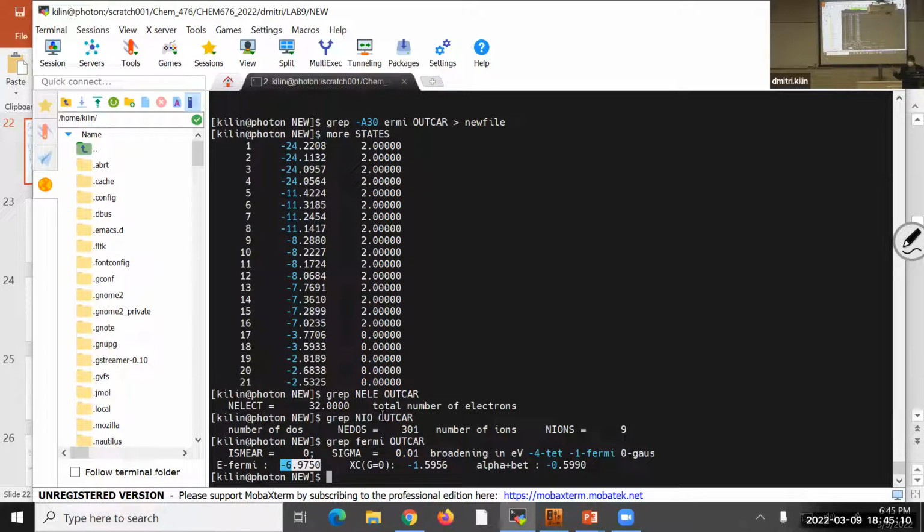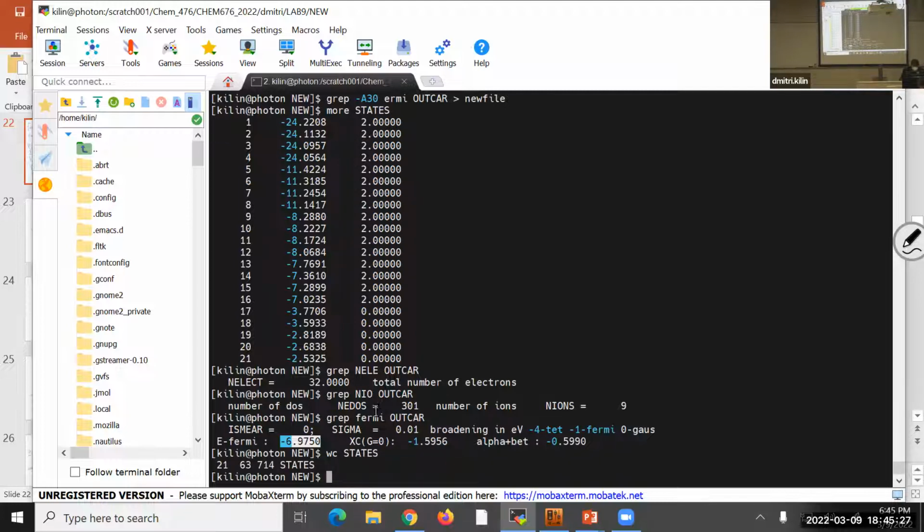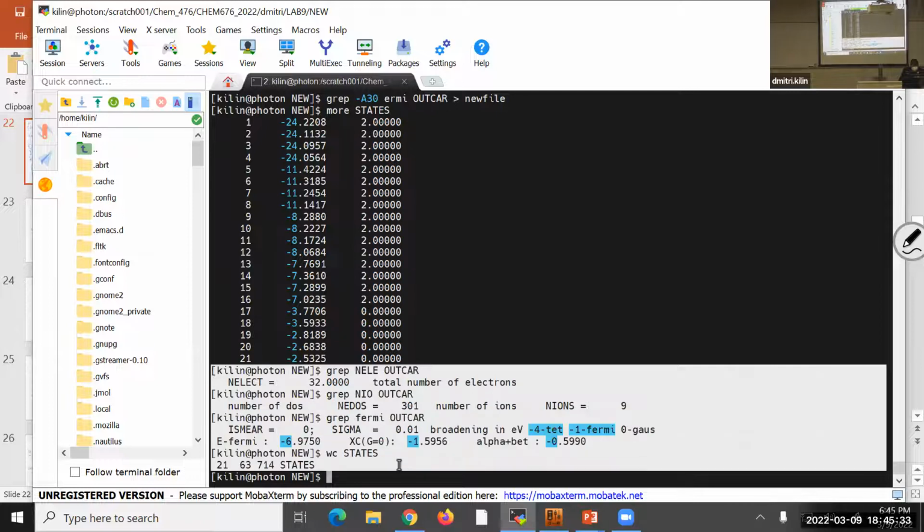But what if it will be 2032 atoms, orbitals? I better count them by WC for word count. It's not a different abbreviation. Word count states. And it tells, okay, 21 lines. So the information from this 4 little measurements, experiments will be used towards